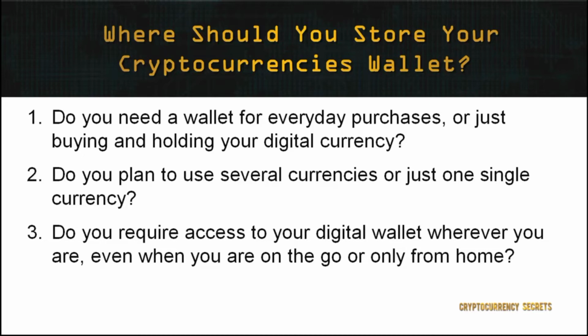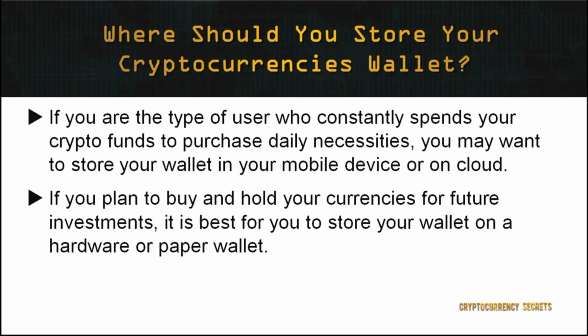1. Do you need a wallet for everyday purchases or just buying and holding your digital currency? 2. Do you plan to use several currencies or just one single currency? 3. Do you require access to your digital wallet wherever you are, even when you are on the go or only from home? For instance, if you're the type of user who constantly spends your crypto funds to purchase daily